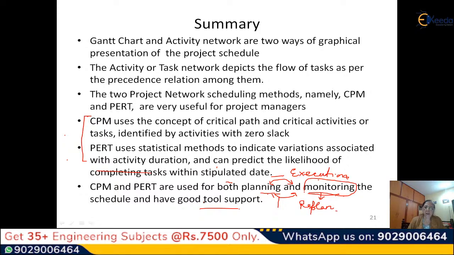We have seen the planning, we have seen the estimation, we have completed today the schedule monitoring. The next class we will do some cost monitoring, and subsequent classes we will also go into the risk monitoring